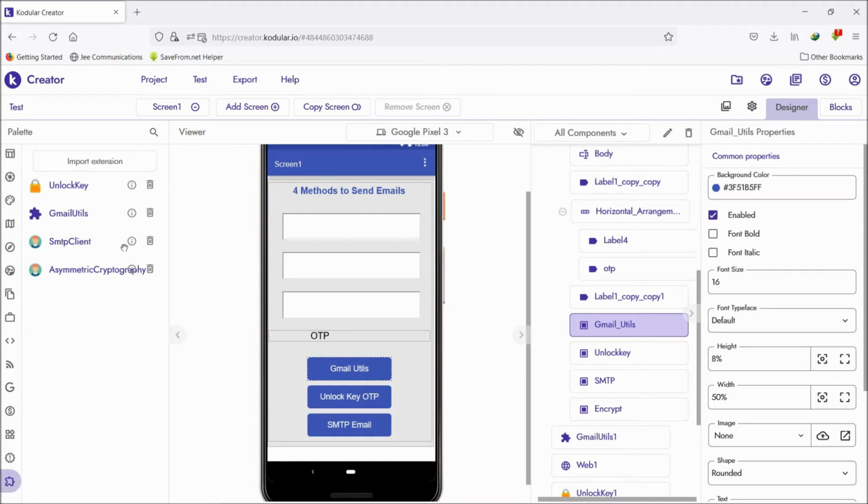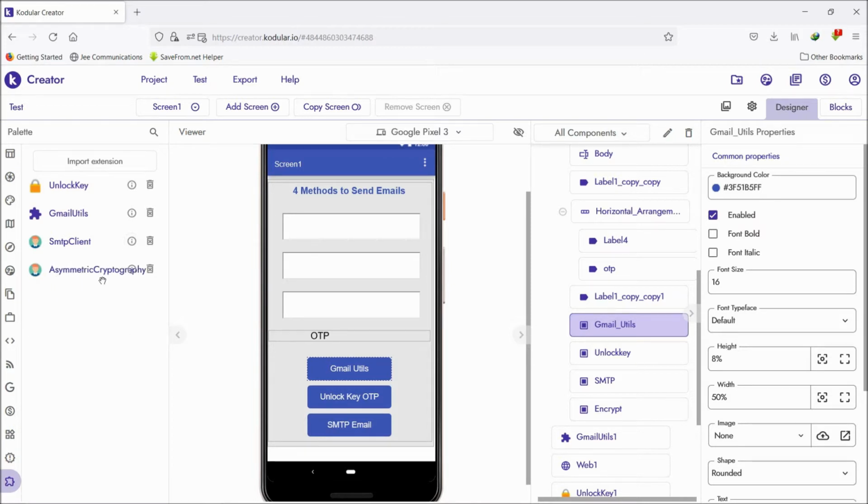So this is the SMTP client. This extension was developed by Sunny Gupta, and this extension will be linked through Gmail, guys. You can link any SMTP server, no issues, but in this tutorial, I linked it with Gmail. Since Gmail has 500 free emails daily, I linked it with the Gmail SMTP server, guys.